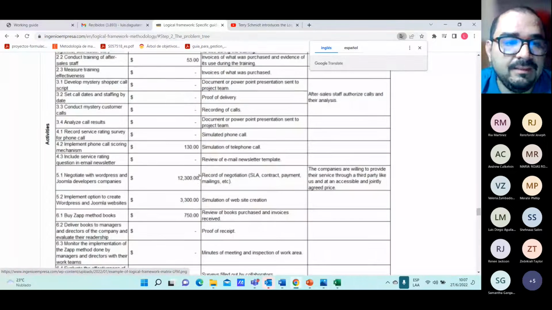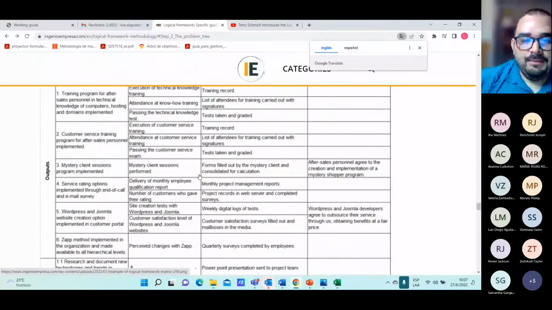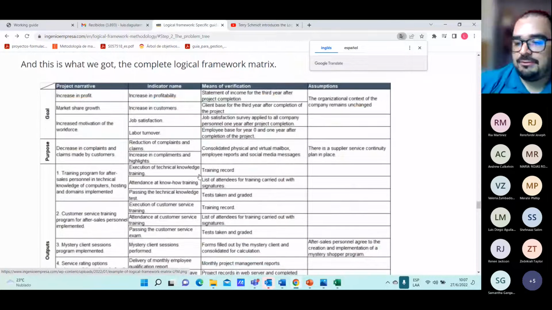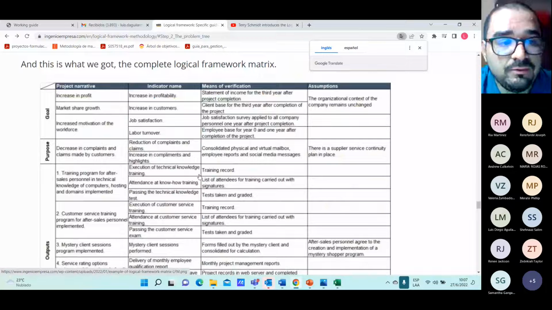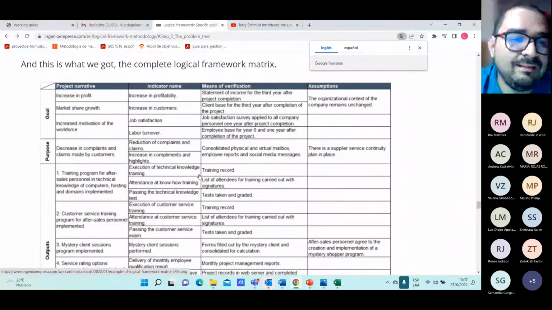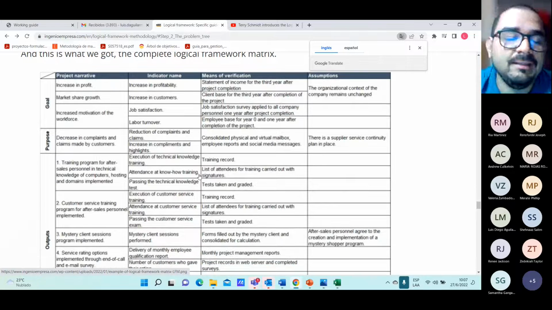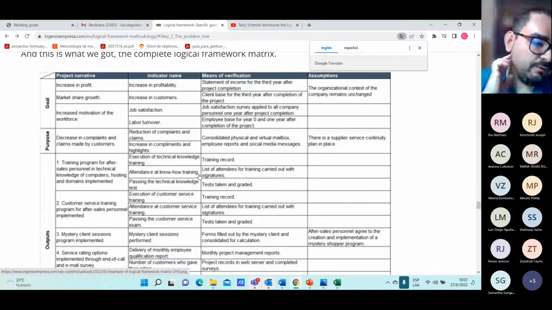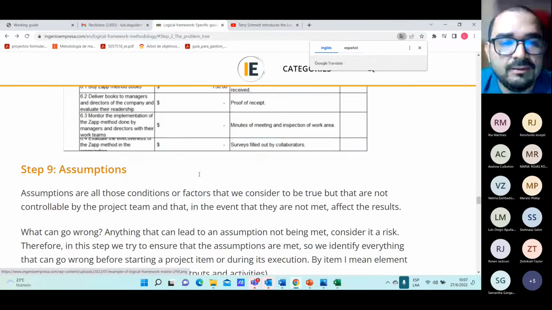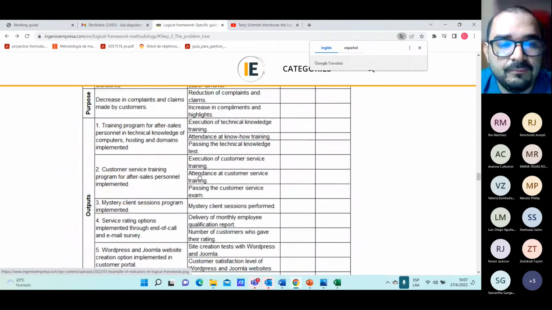As you can see, it is very big. Remember, in this class we are also going to perform an identification project and a logical framework matrix. Maybe in the examples we're going to discuss on Wednesday, we're going to do it for only one component, right? For only one